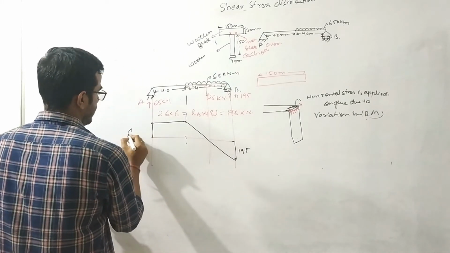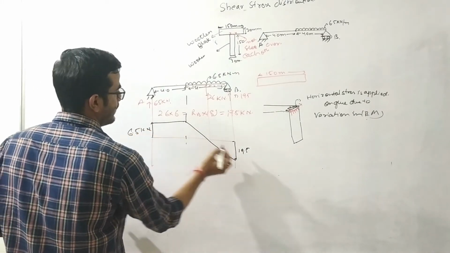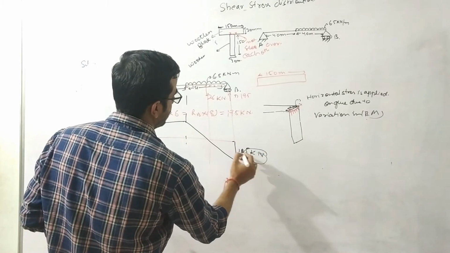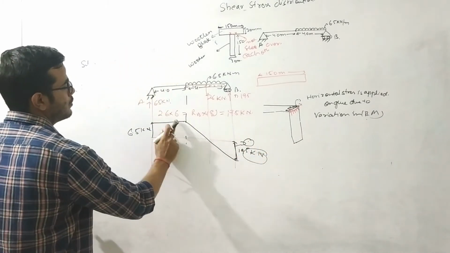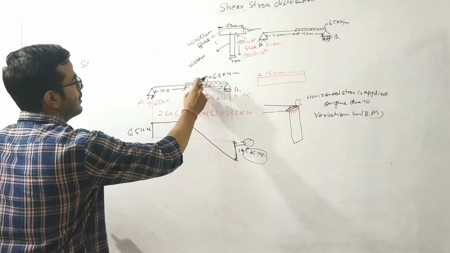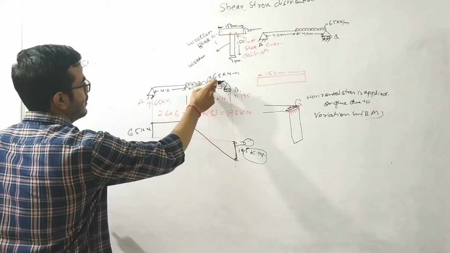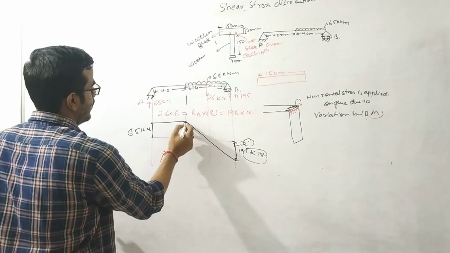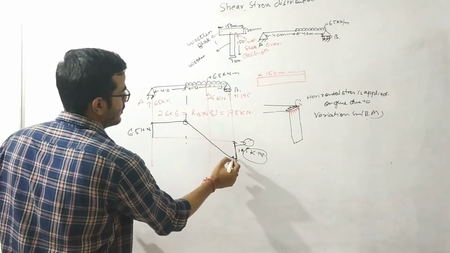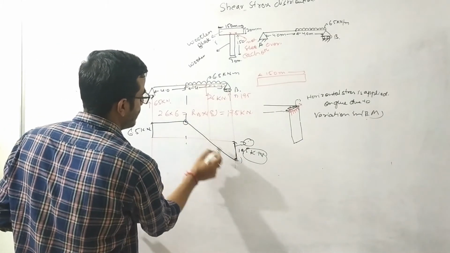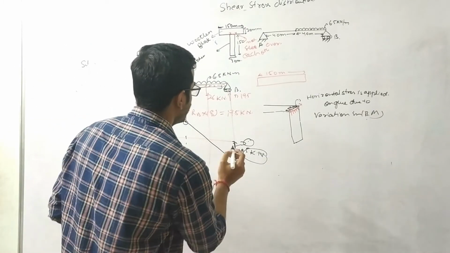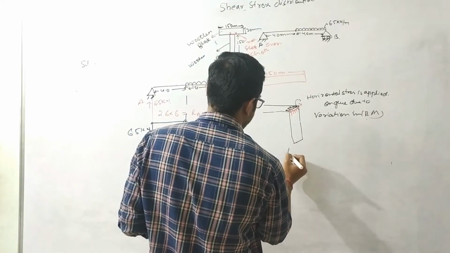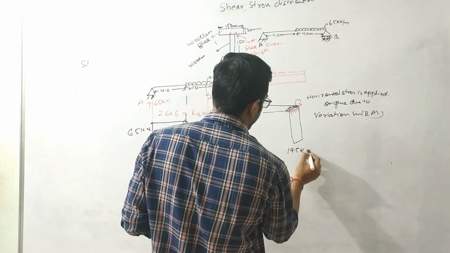Okay, so this is 6.5 kilonewton and this is 19.5. You can see from the shear force diagram that the maximum shear force will occur at this point. I simply joined these two points. I'm not checking the variation due to this load. Just at this point it is 6.5 kilonewton, at this point it is 19.5 kilonewton, so I'm simply joining them by a straight line. So my shear force is maximum at this support, that is 19.5 kilonewton.